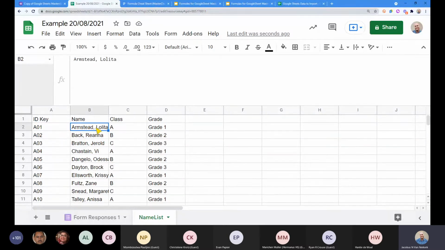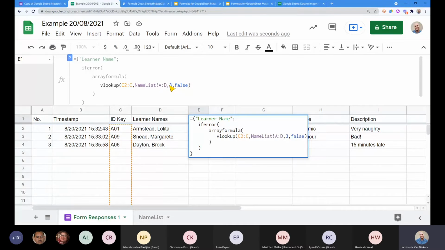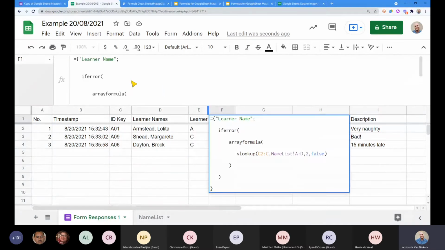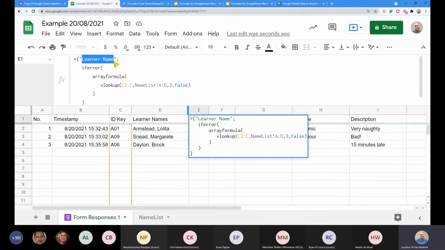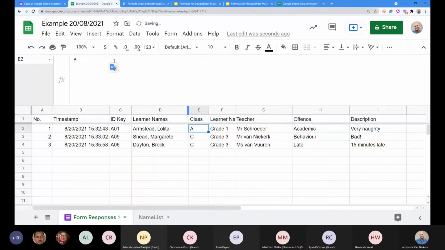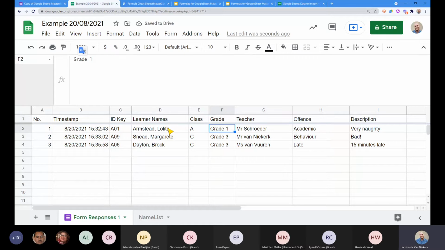Now we've just changed it from column 2 to column 3. And we can use the exact same formula over here, and we'll just change the 2 to a 4 so that it's referring to the next one. And to change the headers, you just change this part here at the top. We'll change that to class, and we'll change that to grade. One thing that's important here that you have to understand is how quickly and how easily, if you can remember our form, we can get this information.